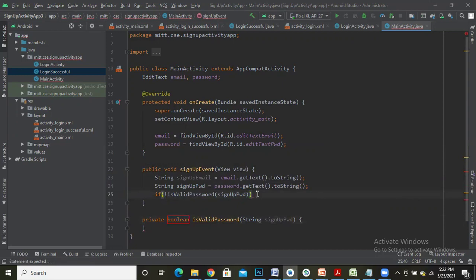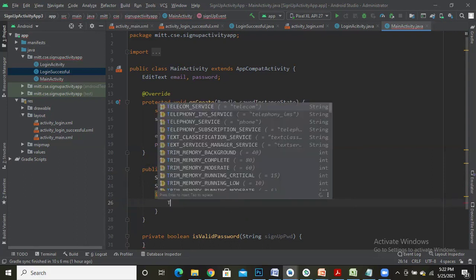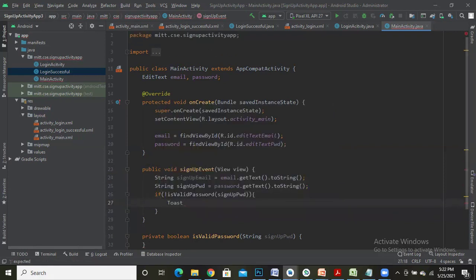Now suppose if at all I come to know the sign up password is not a valid password, then I'm going to display a toast message. So to display the toast message, I'll create a Toast.makeText.